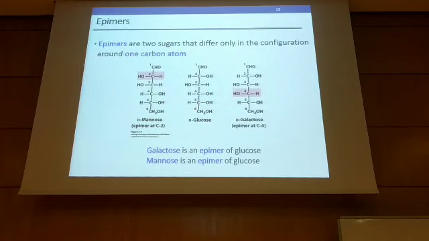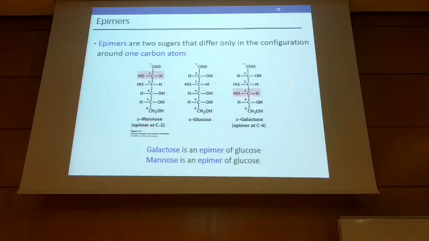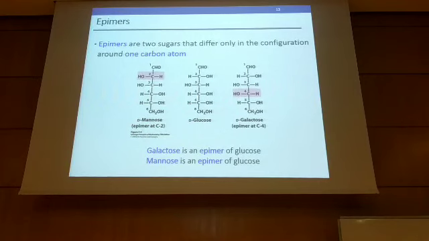1, 2, 3, 4, 5, 6. Galactose, we said C4 is different. What about the mannose? C2. Look at C2 compared to the C2 of glucose. Now I have 3 monosaccharides. All what it is, they're